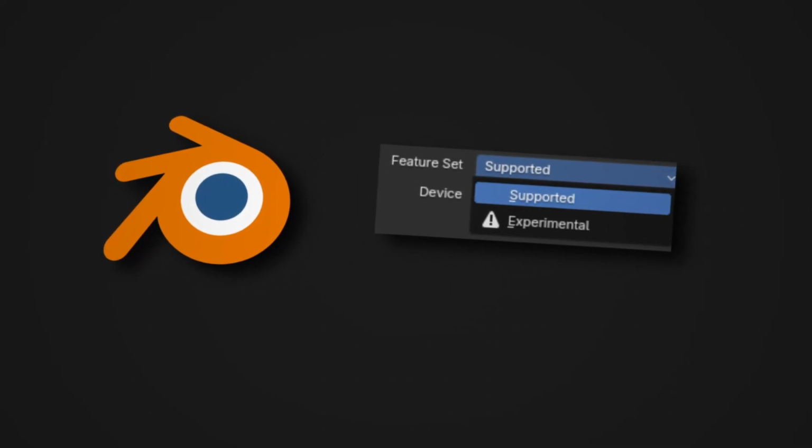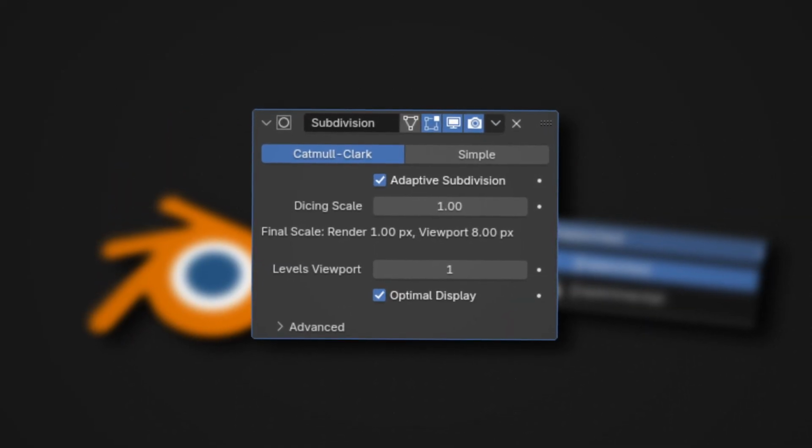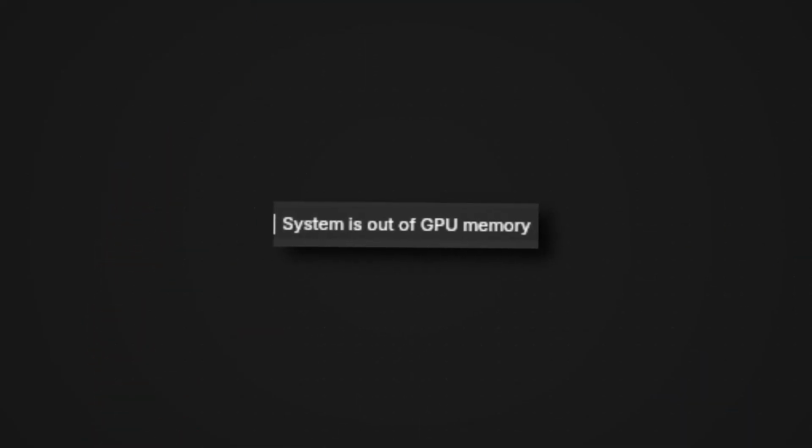If you've ever used Blender's experimental feature called Adaptive Subdivision, you've probably had the same experience as me, where you get this message when rendering. Now, no one wants to see that, so I fixed it. I made a geometry nodes group to do a very similar thing, except it renders about 25% faster and uses